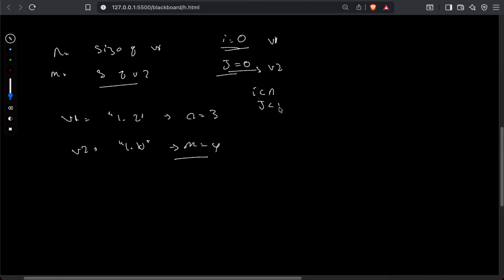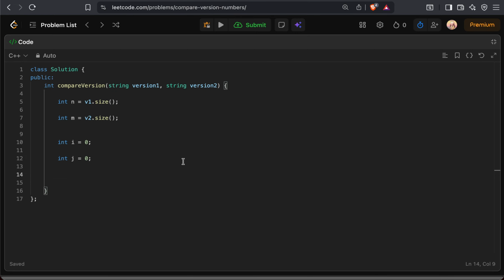If j is less than m, version 2 is not done. Okay, so the while loop continues while any one is not done, so that's why we write: while i is less than n or j is less than m. Okay, next, see,